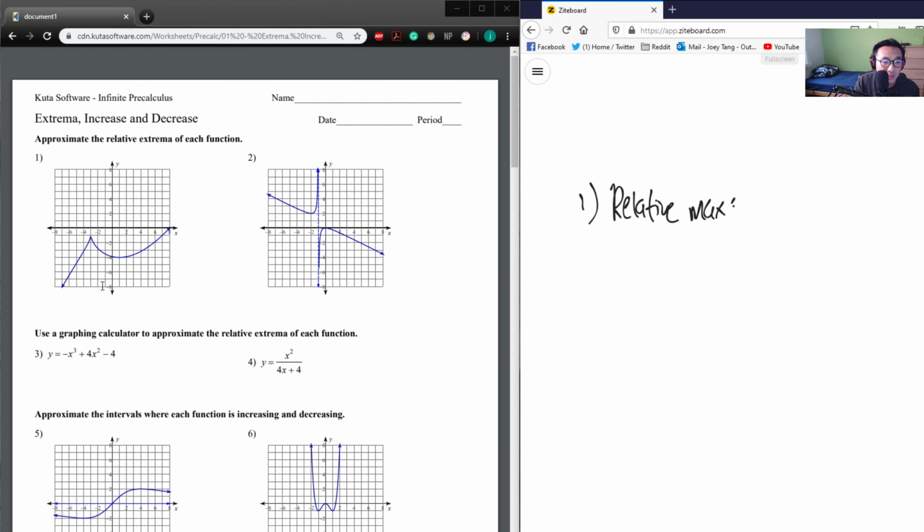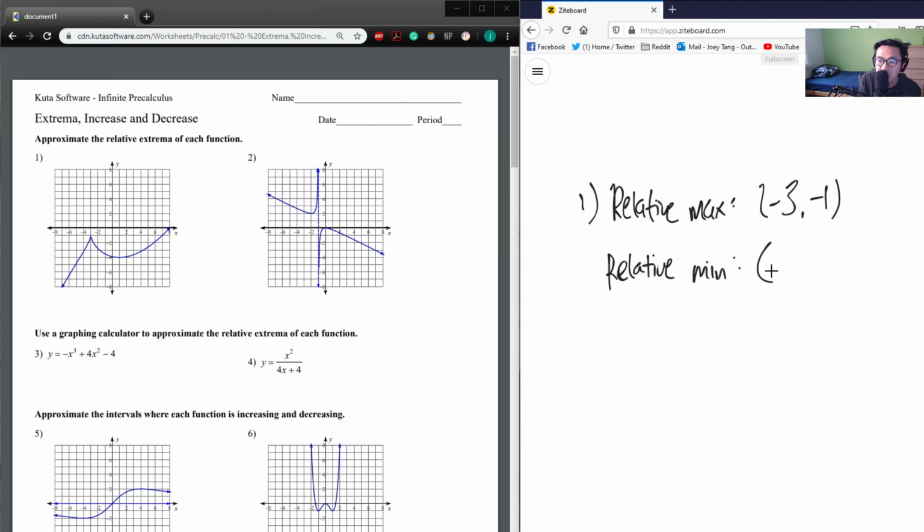I'm going from negative 8 to negative 6 to negative 4 to negative 2, and then it's going back down. So this would be our relative maximum, and this point was negative 3 and negative 1, I believe. It's a bit hard to see, but it's negative 3 and negative 1 in this case,